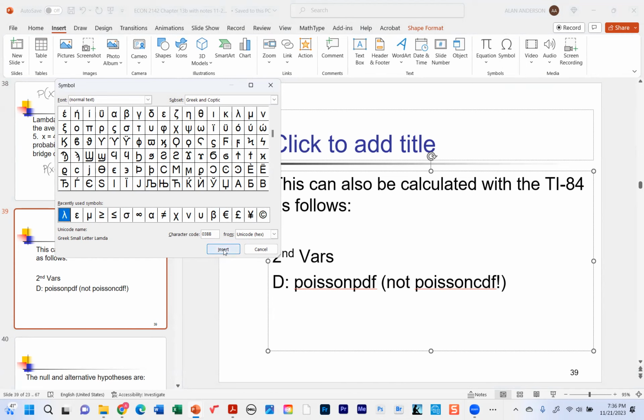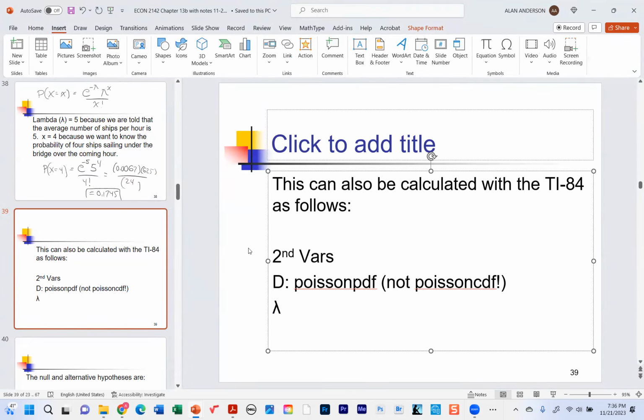Oh, it's right there. Remember, we already told it lambda is 5. It needs the x value, which is 4. And then that's all you need. Now, at the bottom, you hit this paste button. And what you're going to get is